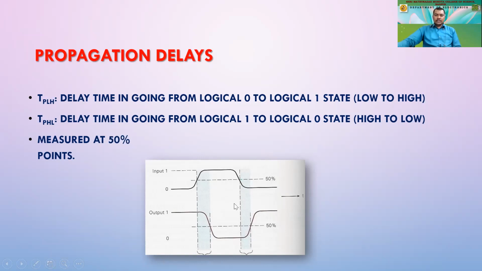So this is that graph, and this is with respect to time. It is being shown over here, and this is the switching time which is required. The x-axis is taken as time, and the y-axis gives you the voltages. So this is high, this is the output waveform, and this is the input.